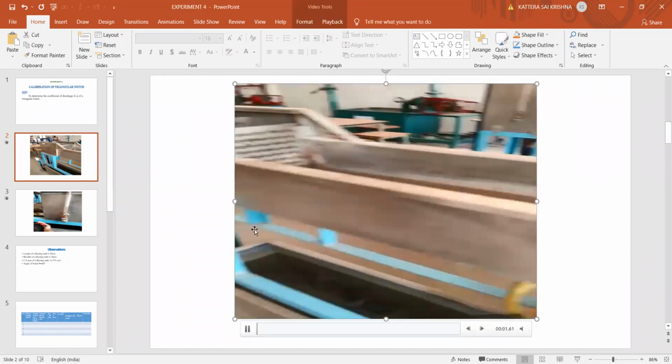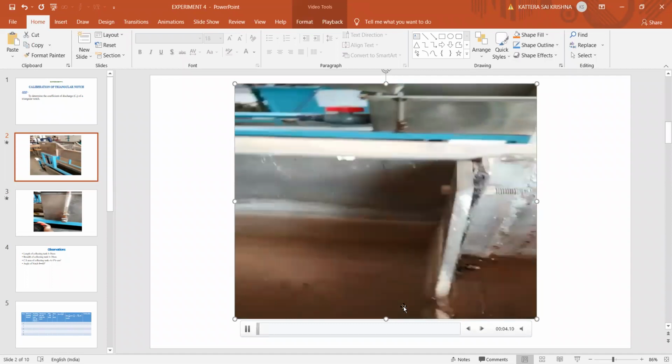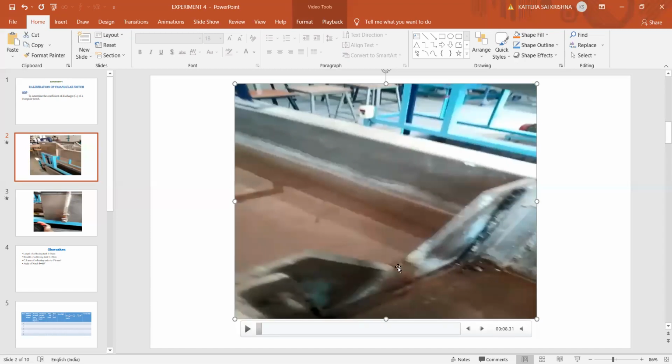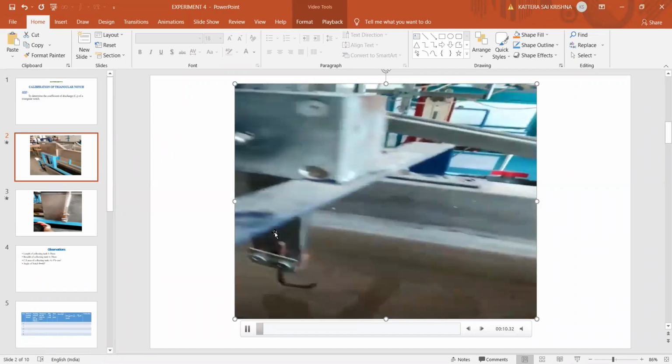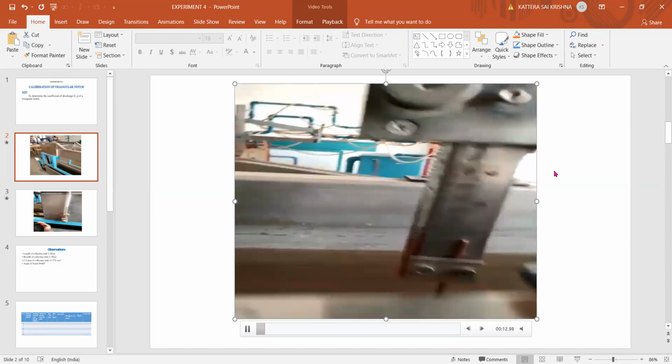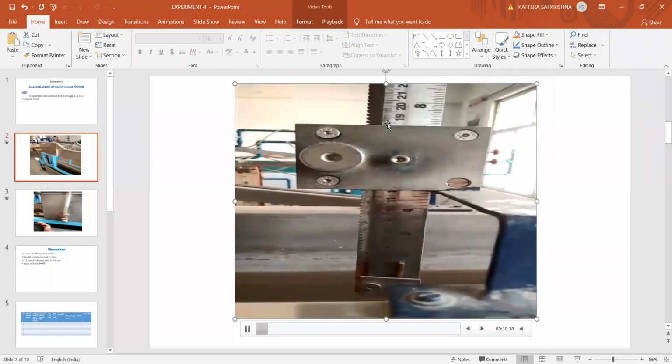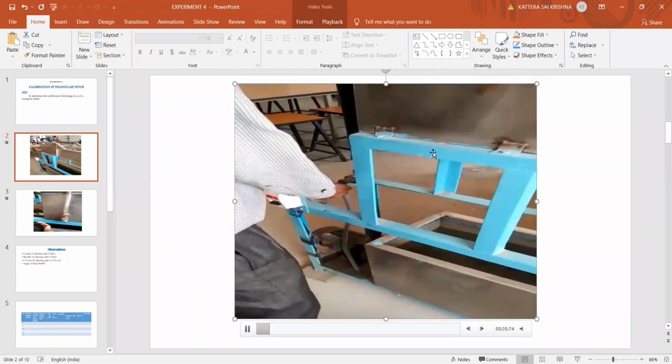Okay, so now see, this is the thing. See here, now no water is flowing here, so the water is just filled and it just starts to flow. So now what we have to do is go to the scale there and note down the reading of H1 by using that pointer scale, right? So this H1 is constant for all the readings now. Now after this, we will increase the water flow from the pump, right? So this is the reading, you can take it at the top side here, not here. So around 17 or something is there.